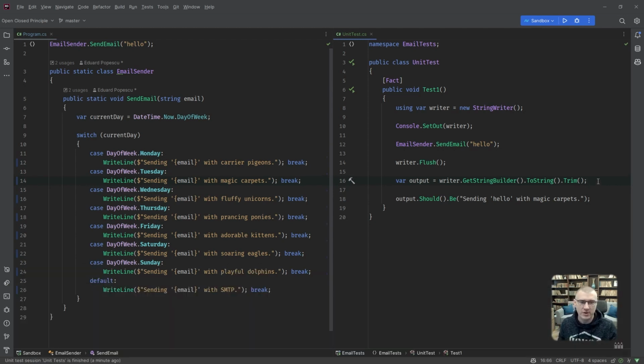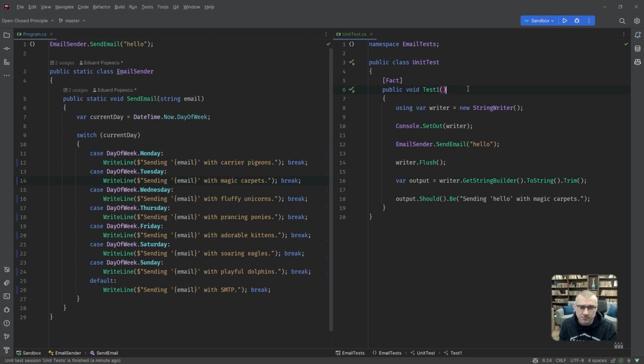So we did a trick. We diverted the console output. Instead of going to the actual console, we placed it in a string in memory so that we have something to test against. Okay, so yes, this is weird, this is funky, but this was the only thing we could do in this particular situation. I'm not saying it works in any situation, but hey, if you've got a console application which writes to the console, you can redirect the output and test the output like this. Okay, cool. Hey, it's better than nothing, right?